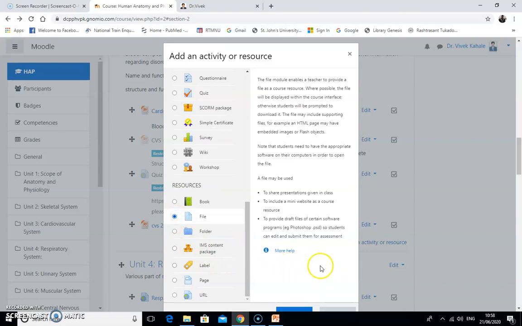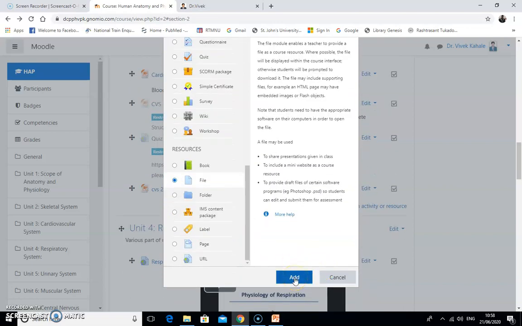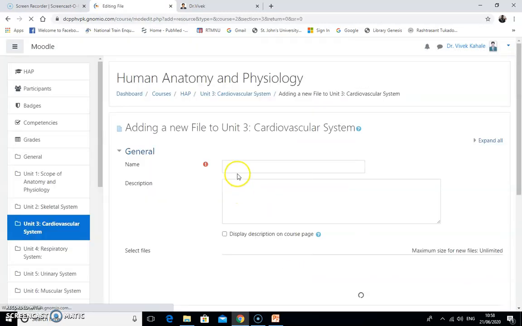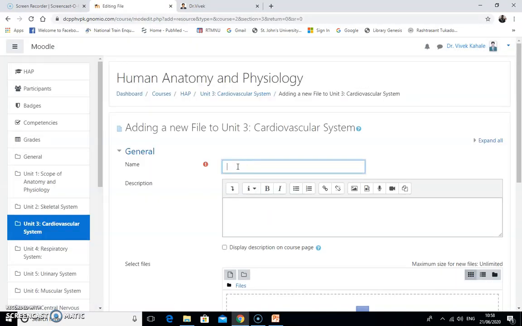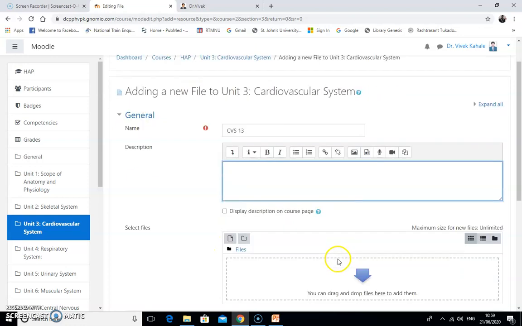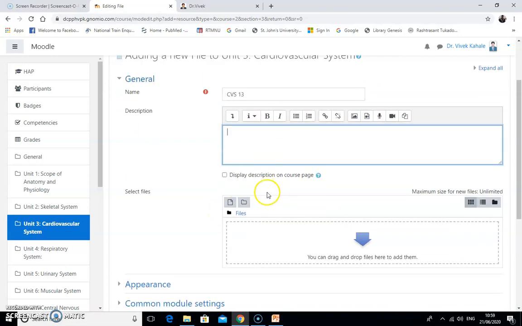Click onto the file, click onto the add button, then here is the window. Name of this file is cardiovascular system, CVS 13. You have to add, if you want any description you can add it over here, and that description will be